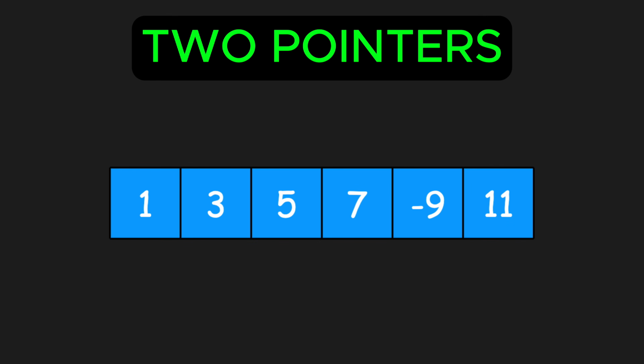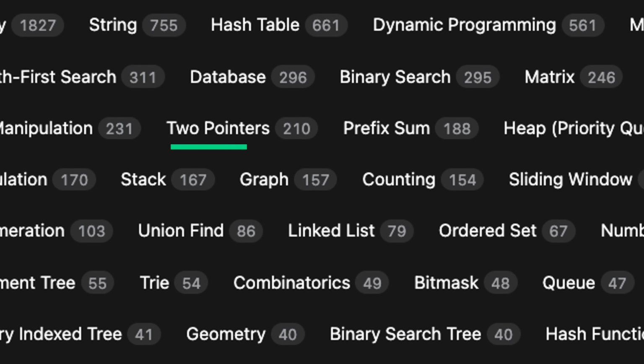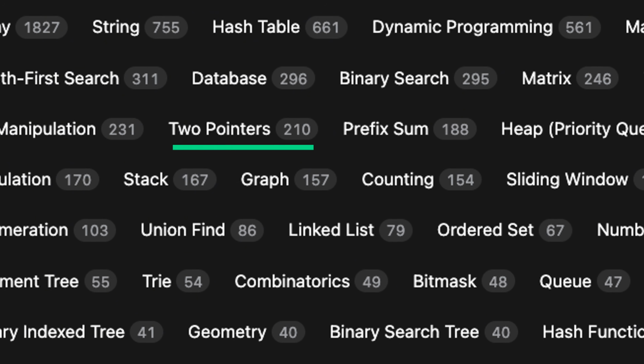Two pointers, a powerful problem-solving pattern where you initialize two variables and move them towards each other, away from each other, or in the same direction based on the problem. There are currently 210 LeetCode problems tagged with this approach, which shows just how important it is for coding interviews. Using this approach, you can reduce the time complexity of many array and string-related problems from order of n squared